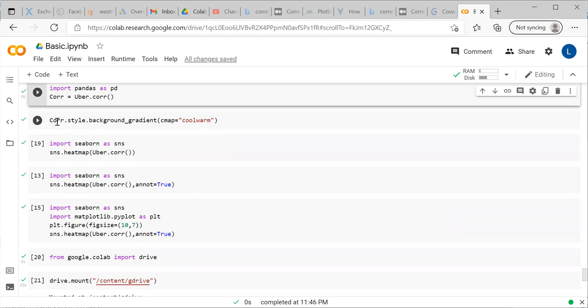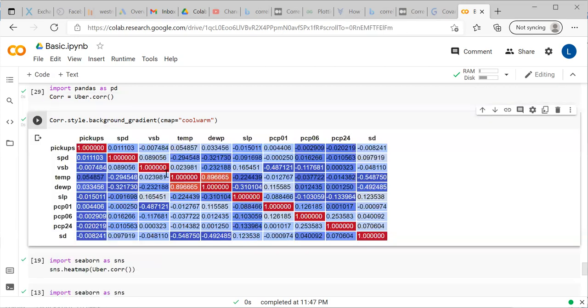For that, whatever data frame matrix you have created, please mention corr dot style dot background_gradient, with cmap equal to coolwarm. Once you execute this code, you are getting a colorful matrix.